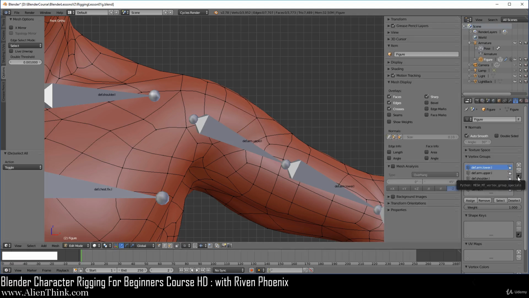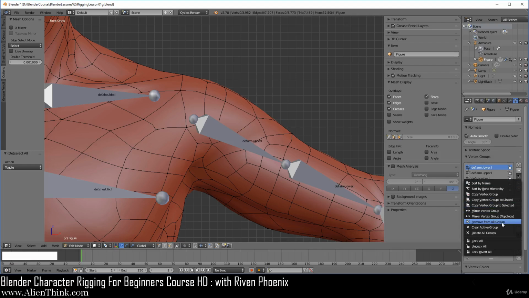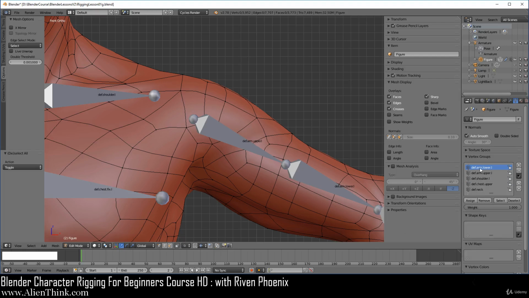What I want you to notice is that when you click over here and hover your mouse on remove from all groups, it says remove the selected vertices from active for all vertex groups. And if you hover your mouse on this one, it says the same exact thing. Now the thing about this function is that it's going to take the selected vertex group and knock them out